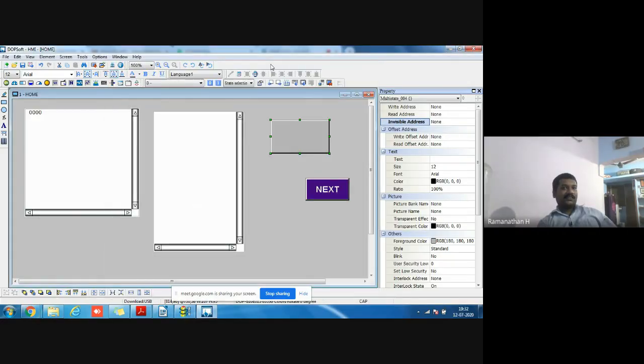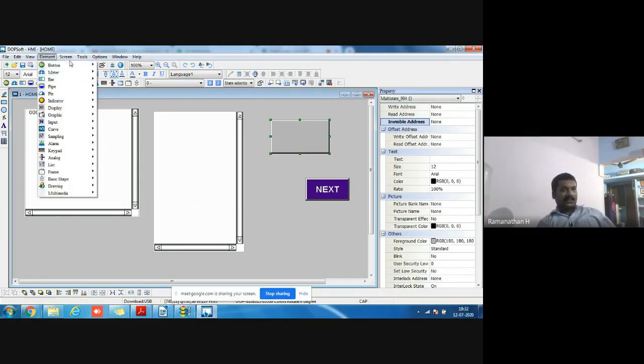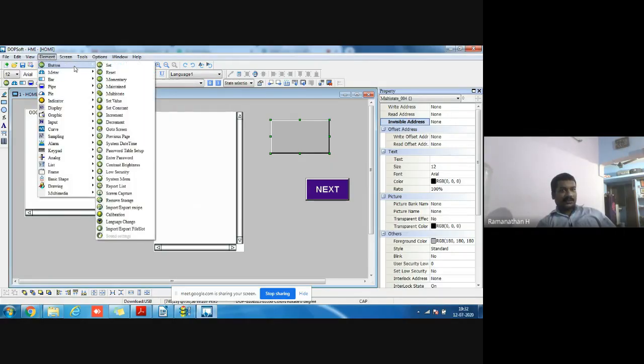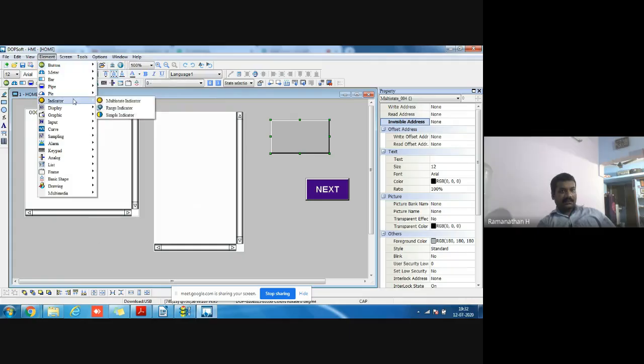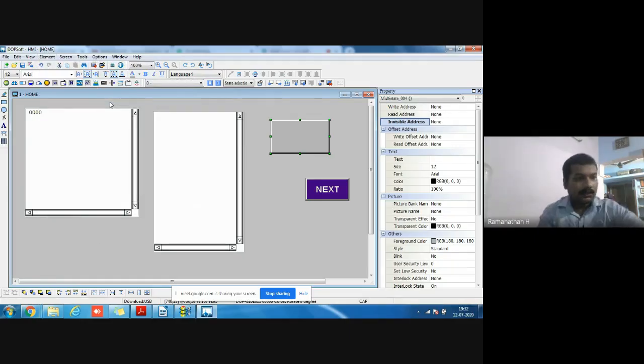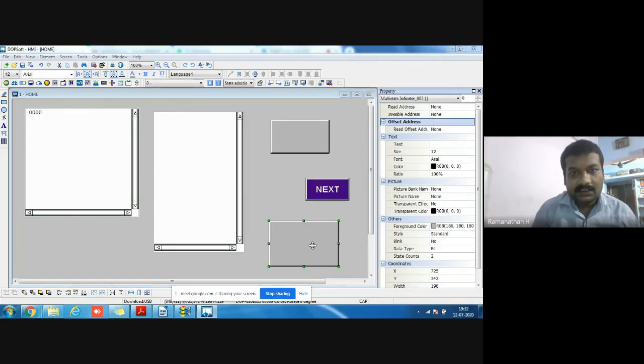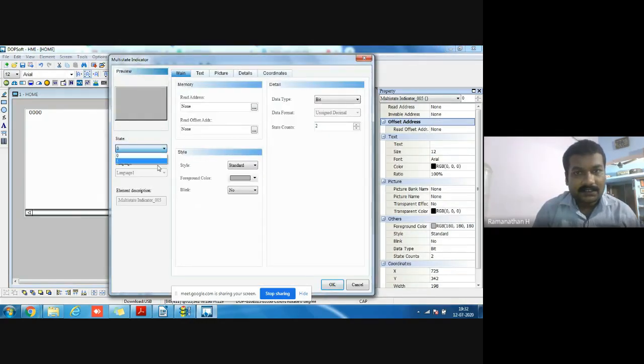Fuzzy logic is the values in between zero and one, like 0, 0.25, 0.5, 0.75, 1. Same thing with multi-state and the multi-state indicator. In the multi-state indicator, the states are also different.